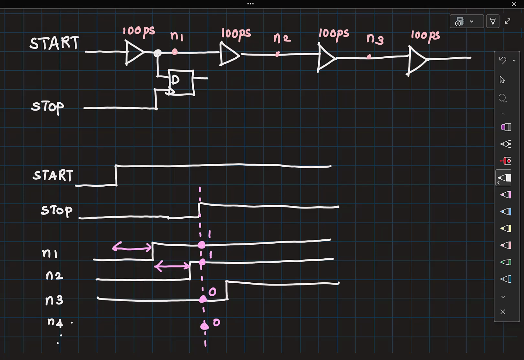This output I will call O1, output 1. Now I repeat this again and again. So I have another flop that is sampling N2. The output is O2.